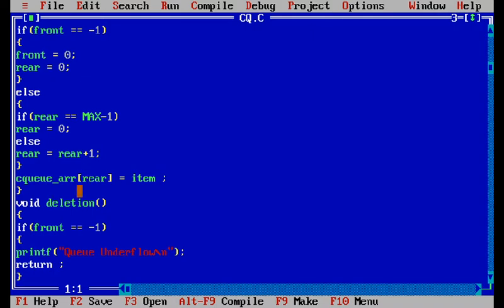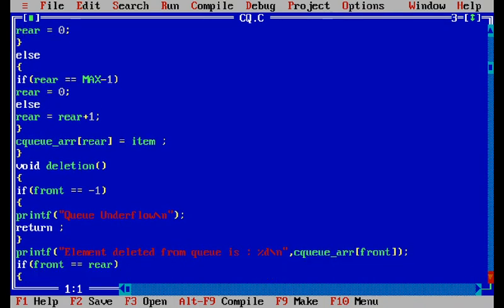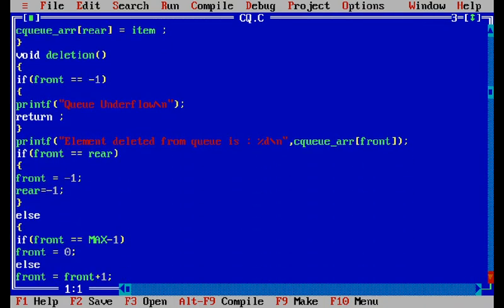Now we see the deletion function in a circular queue. When we delete an element from the queue, first we check whether the queue is underflow or not. If front equal to -1, then we print that the queue is underflow and return. Otherwise the element deleted from the queue is printed with %d, CQARR of front.